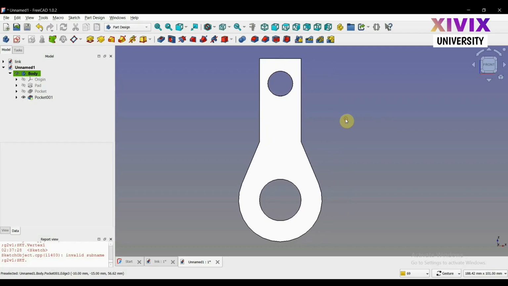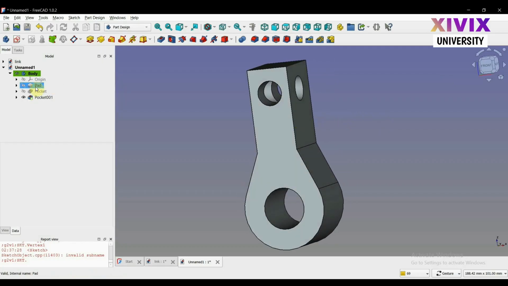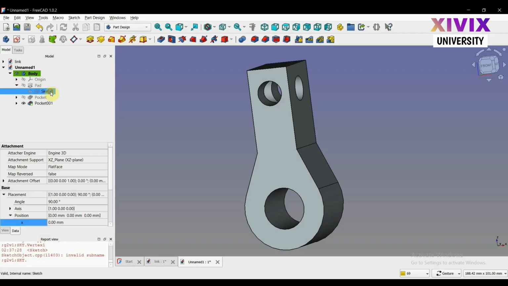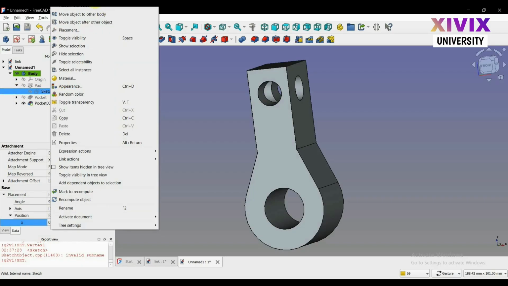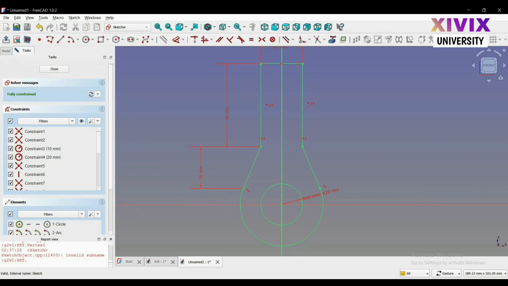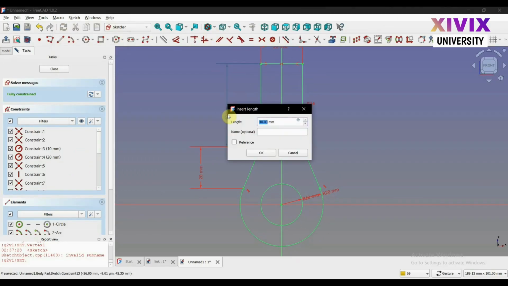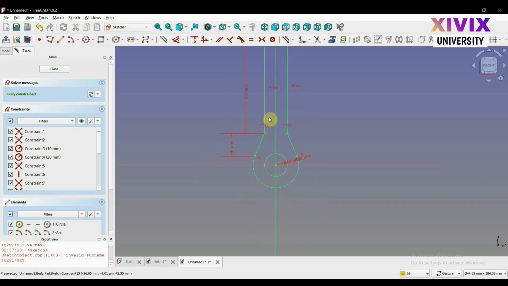Okay, let's talk about how to use expressions. So expressions are extremely important when it comes to the scalability of a sketch, because even though you have fully constrained a sketch, it does not always ensure the scalability of a model. Let me show you. So if you change the length of this line into 8 millimeters, just imagine the previous